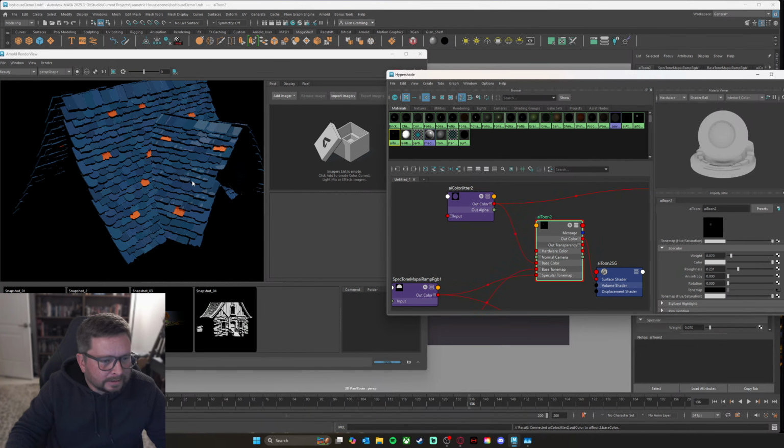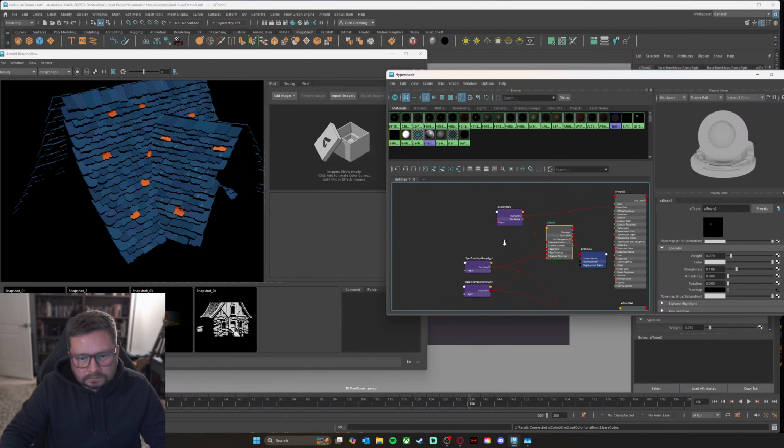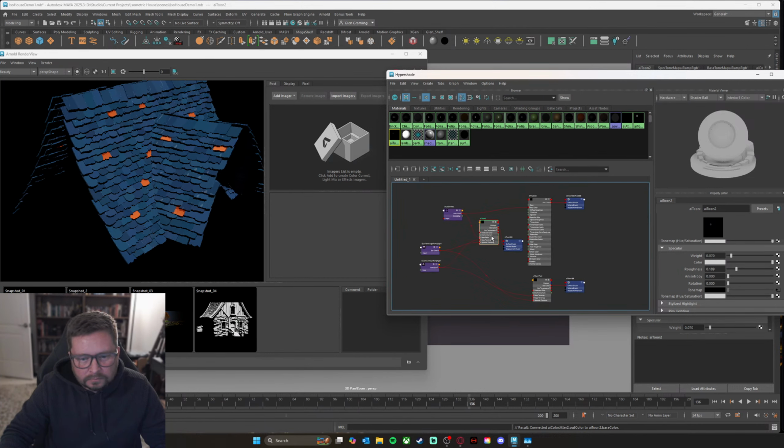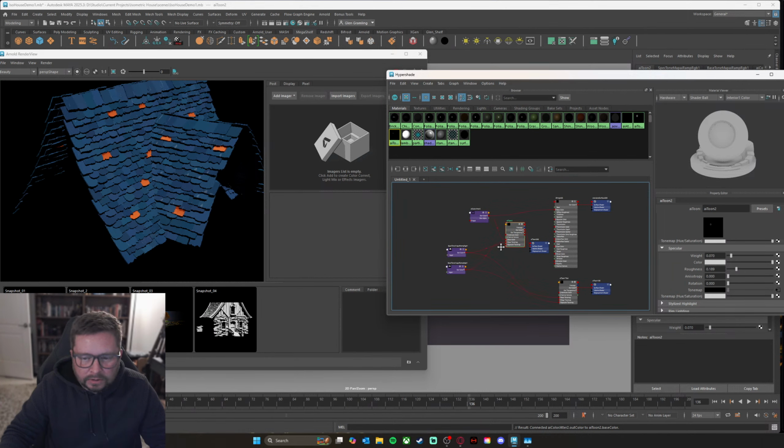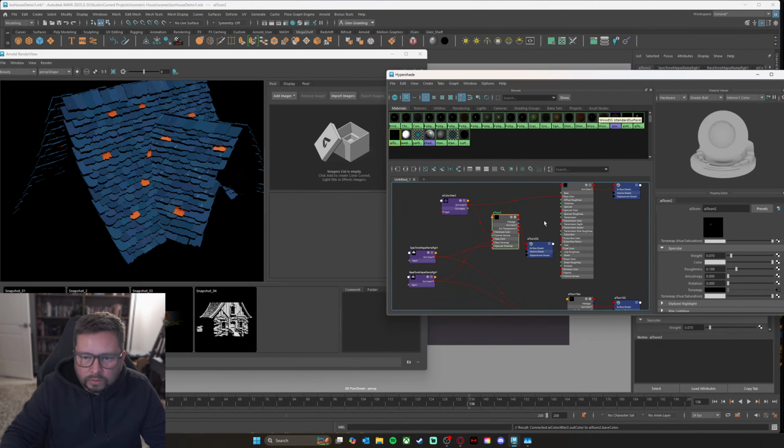So I like to see them a little bit. So a few little specular highlights there. That looks good. Okay, so moving on, we need the next